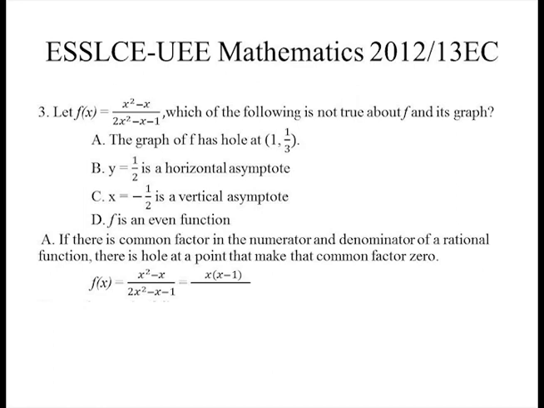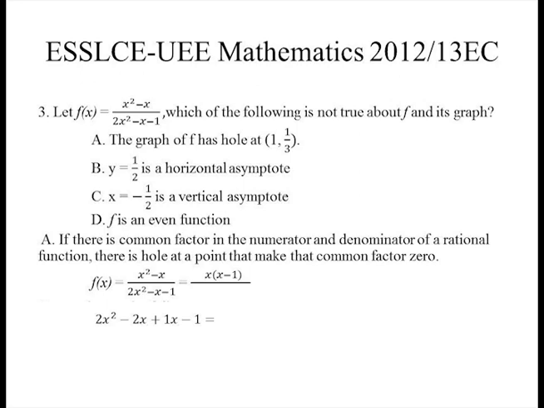To factorize this denominator, find two numbers. Their sum is negative 1, that is the coefficient of the middle term x, and their product is negative 2, that is the product of the coefficient of x squared and the constant. The two numbers are negative 2 and positive 1. So this second term can be expressed as 2x squared minus 2x plus 1x minus 1, which is equal to